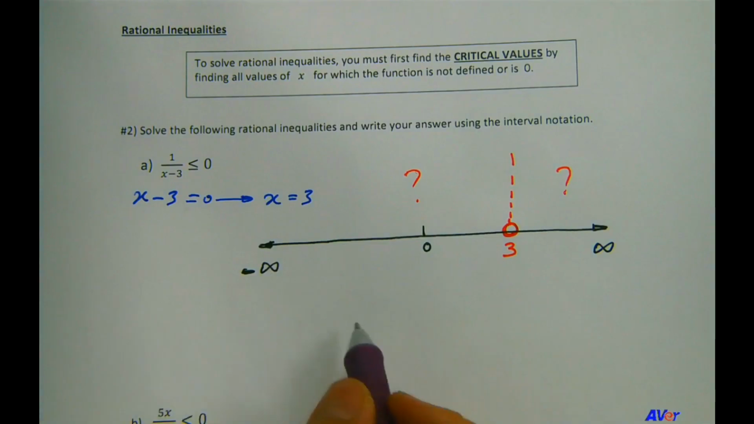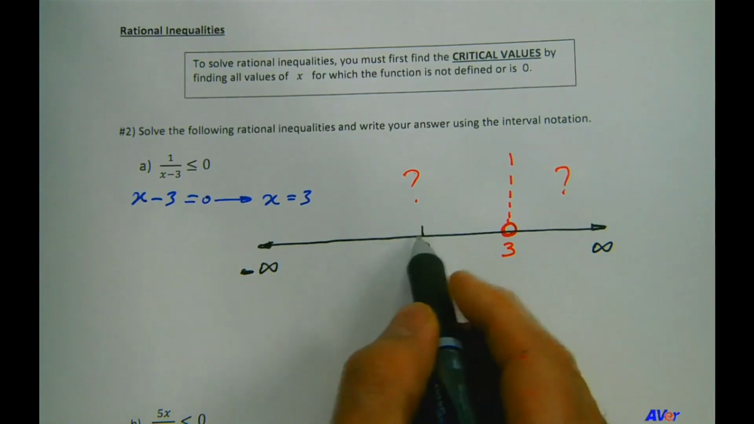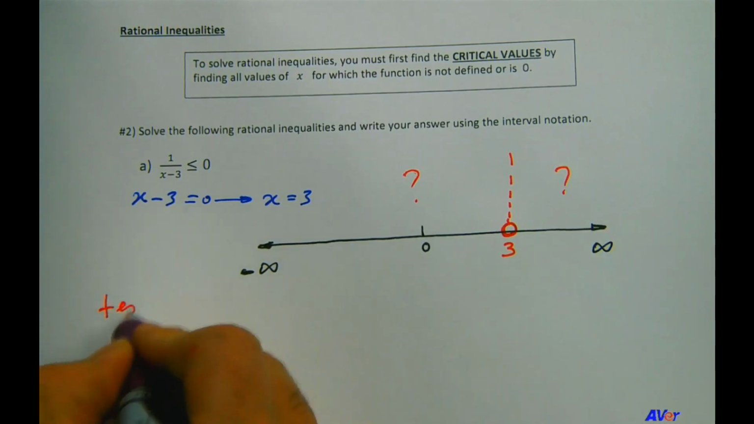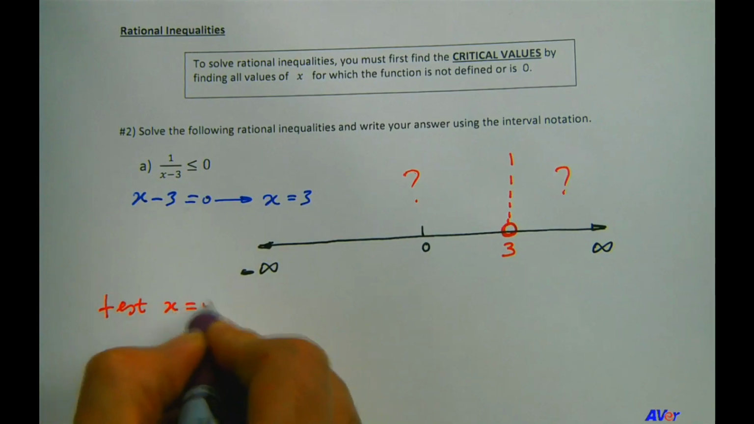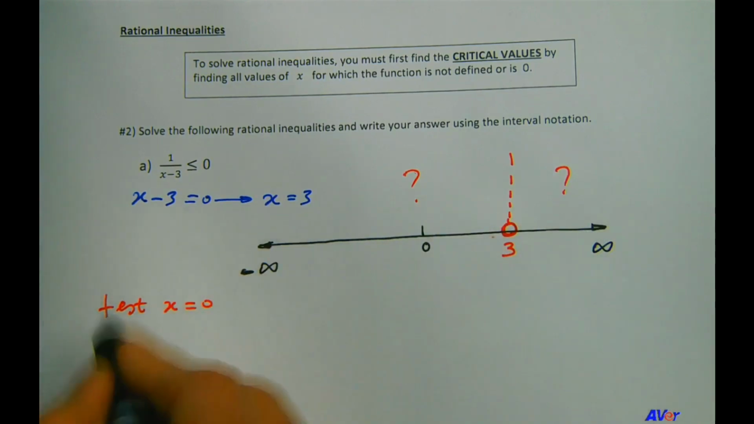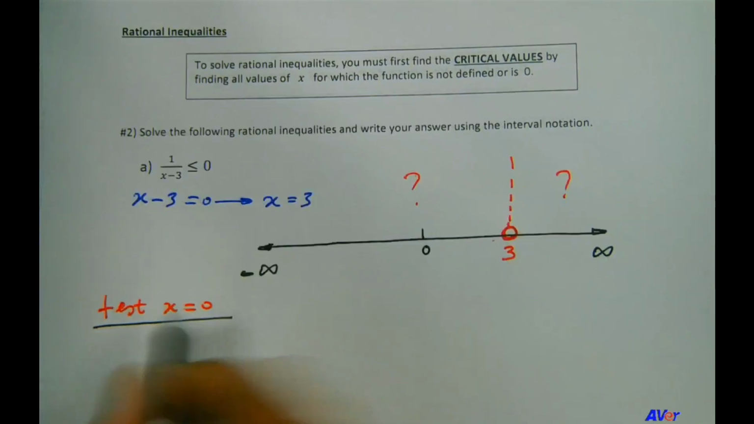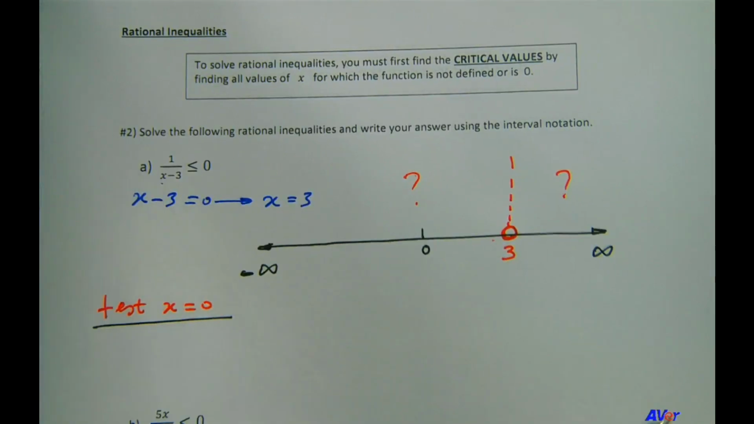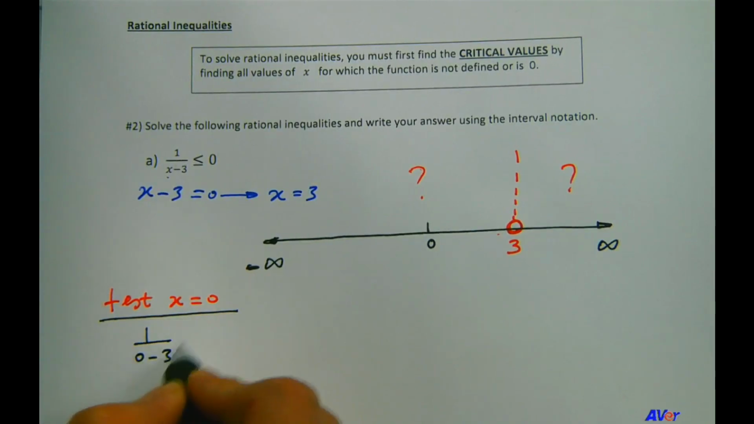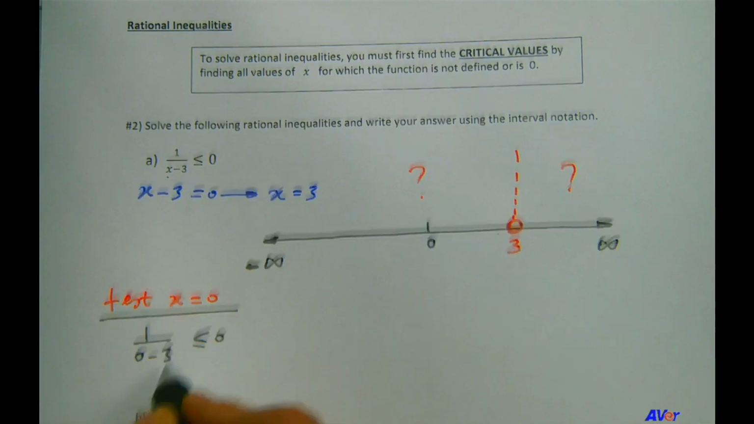In each region, let's pick the easiest number possible. On the left, let's pick 0. So test x equals 0 on the left, in this region. We're going to plug that into this rational inequality right there. So 1 over 0 minus 3 less than or equal to 0,